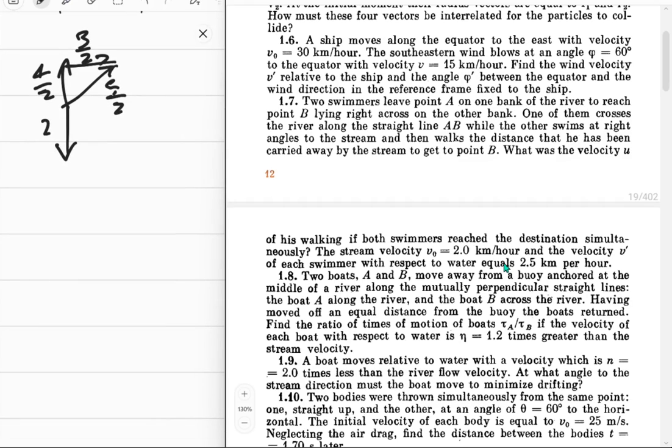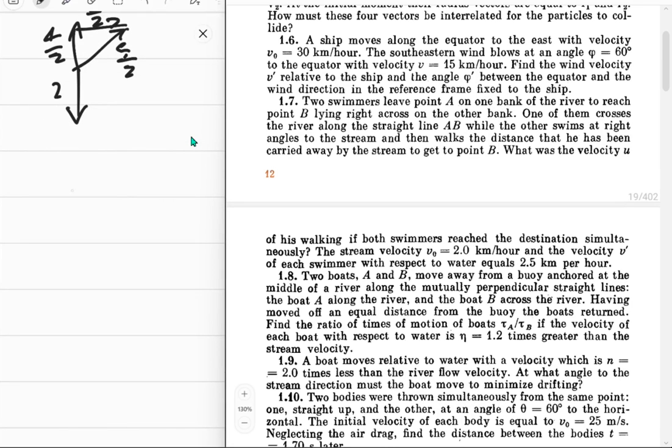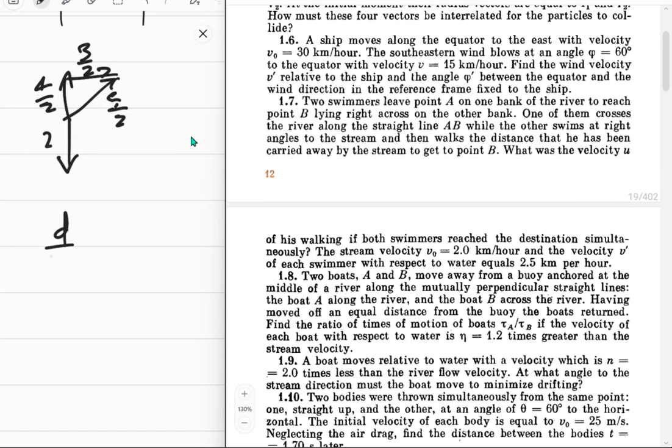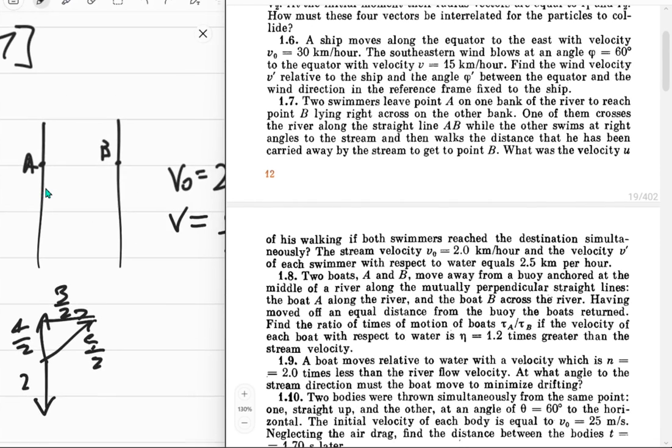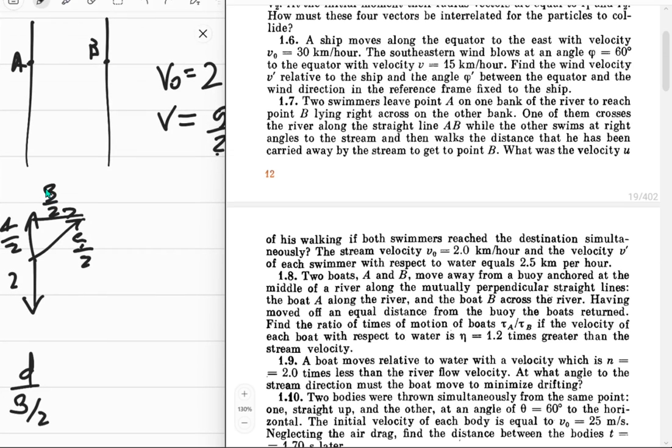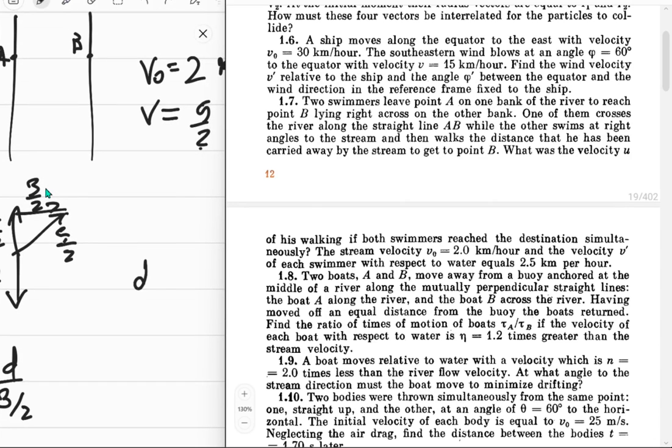So, yeah, no mention of the distance. Actually, need to be tried for this in D. So D upon 3 upon 2. That is the time required for this guy to go there. Fine. And the other guy, the time required for it to cross it, that will just be D upon